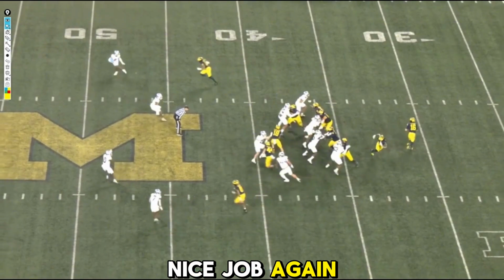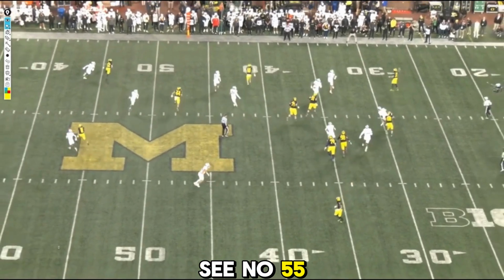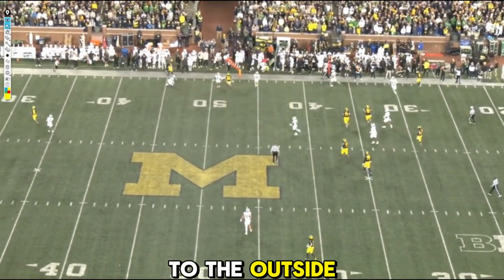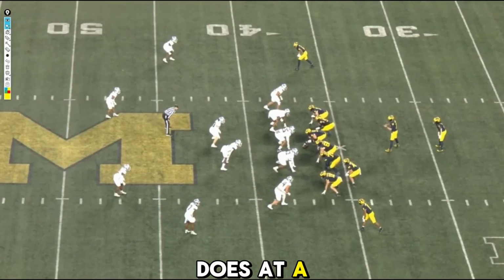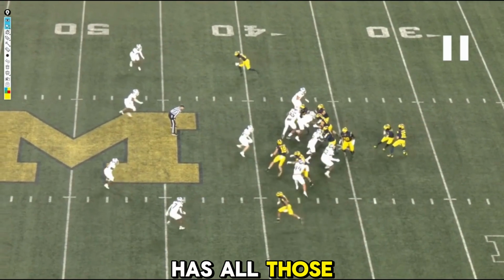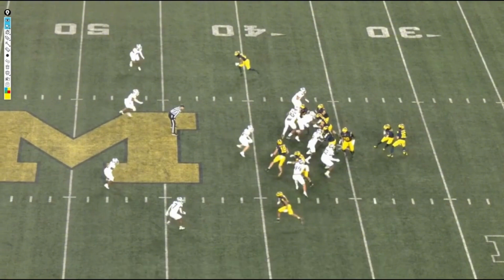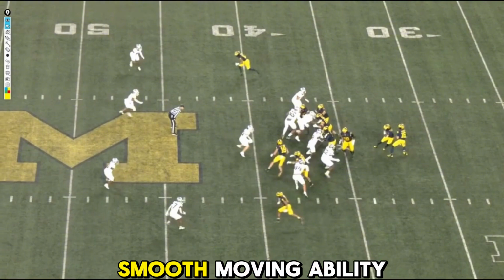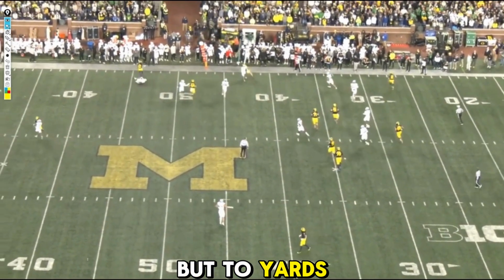So he does a nice job, again, putting his shoulders underneath, getting out, and then when you see number 55 in his way, he goes back to the outside, navigating traffic, being available for your quarterback. These are all things that he does at a top-tier level. So he already has all those different qualities you want from a big, physical, route-running tight end, and also that smooth moving ability, because this translates not just to traffic right here, but to yards after the catch,